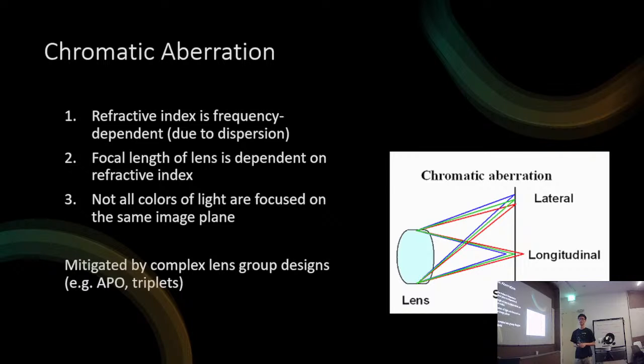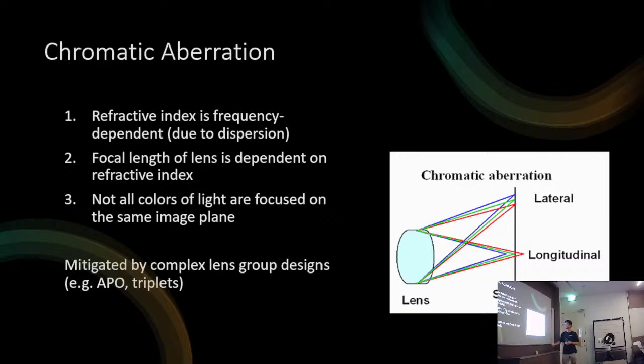So because of dispersion, you have an effect called chromatic aberration. The refractive index of glass depends on the frequency of light, right? So what color the light is. That means that for different colors of light, the actual point where your light focuses for any given lens is slightly different for different wavelengths, right? So there are actually two kinds of chromatic aberration. First, the point where it focuses is at a slightly different distance away. Secondly, as you move far away from the center of the field, you have a splitting effect, where the point at which all the light rays coming in from a specific point in the sky